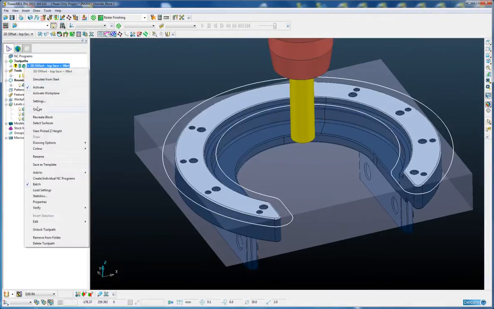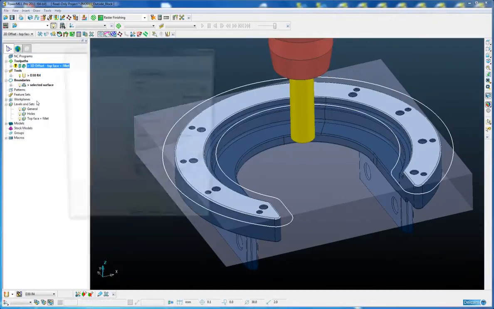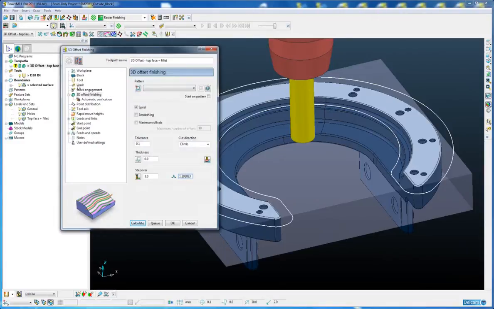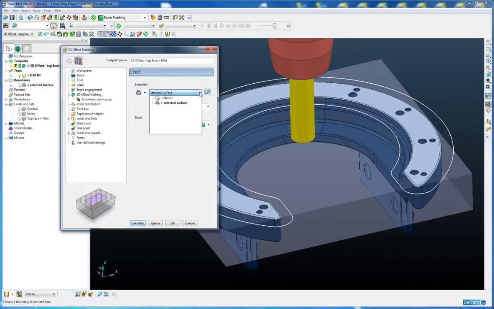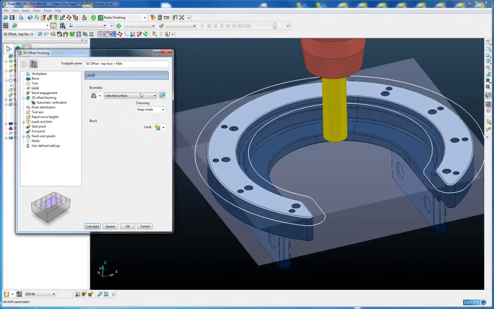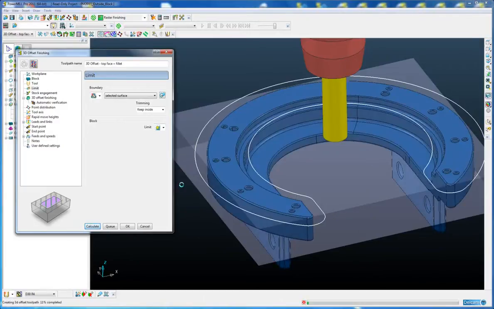So we're creating a 3D offset toolpath which I have batched already. The boundary is pre-selected. Now again we have the same options for limiting the toolpath relative to the block. So if we trim the toolpath to the edge of the block and we calculate,